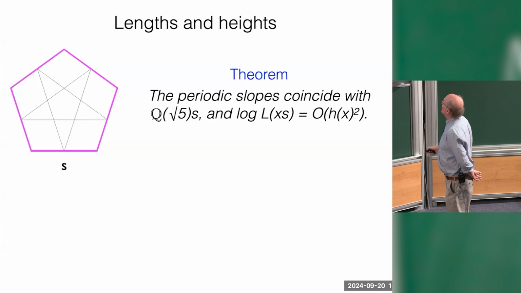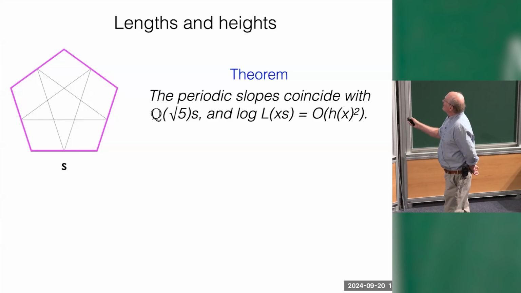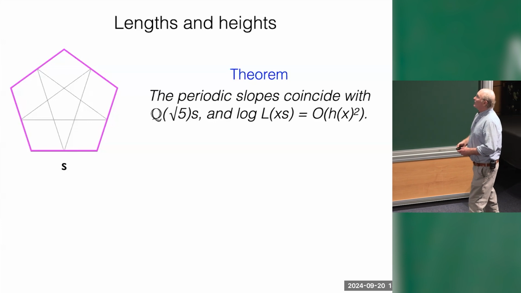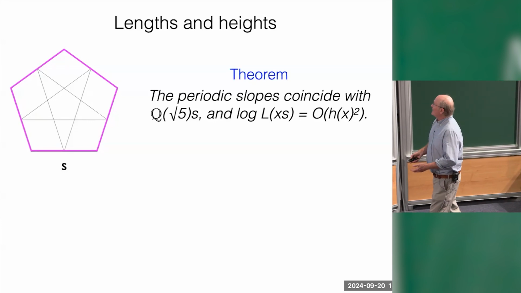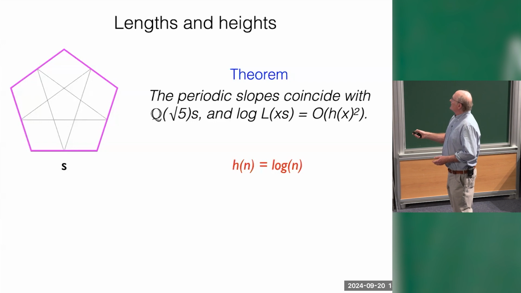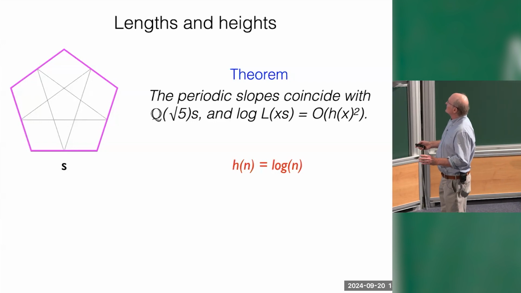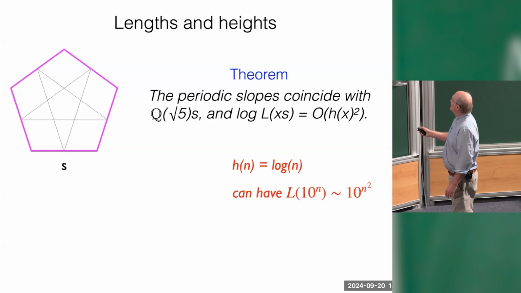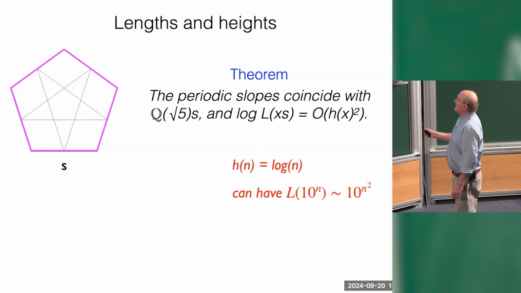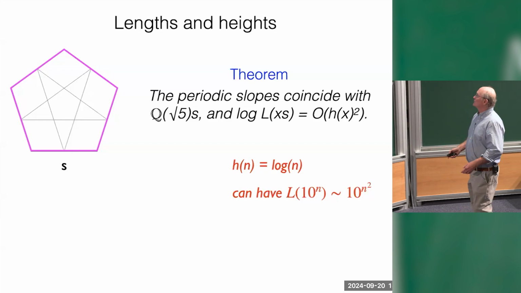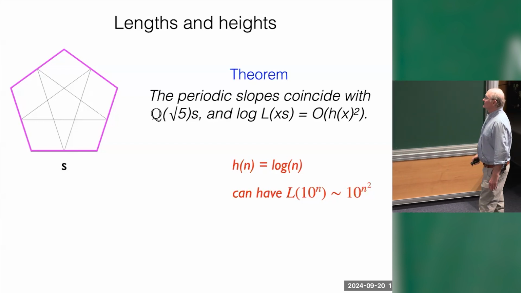But it's the square of the height. And it's that square that reflects the fact that the length of the trajectory grows much faster than our description of the slope of the trajectory. So if you don't know what the height is, just imagine that for an integer n, the height of n is its logarithm. And so what this means is if you put in an n-digit number, you might easily have a trajectory that takes 10 to the n squared reflections before it closes.